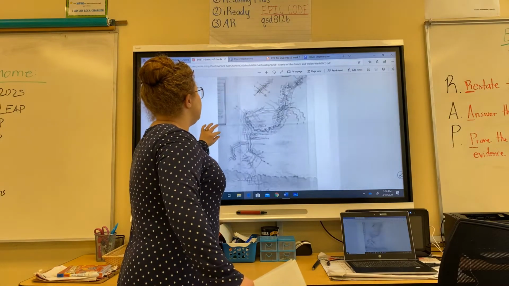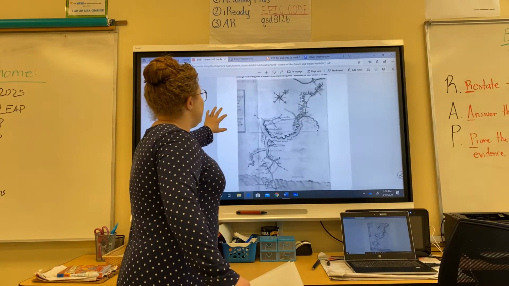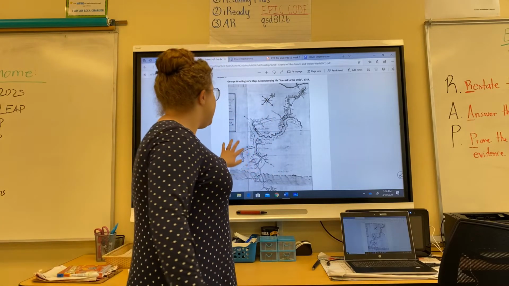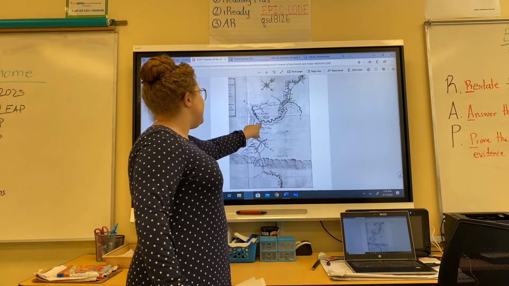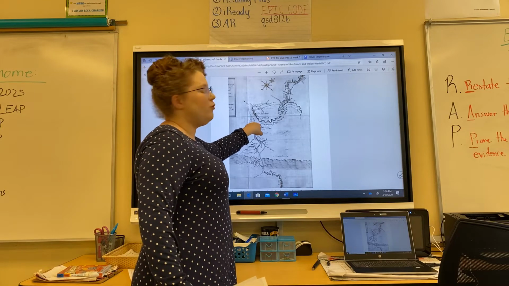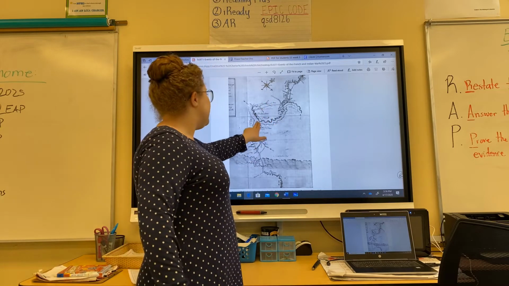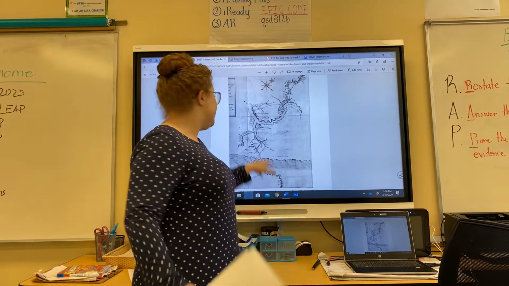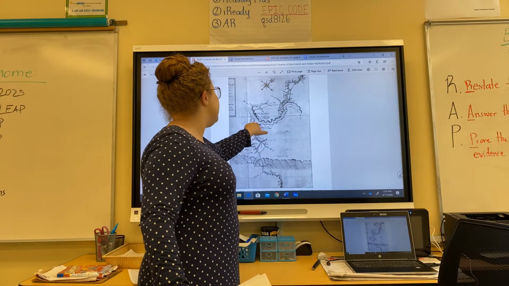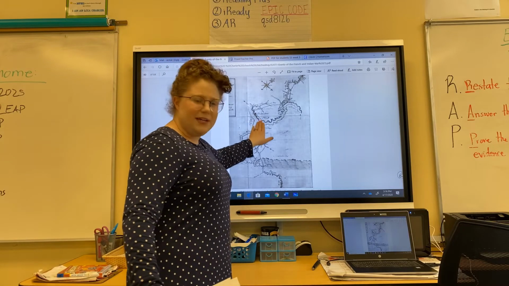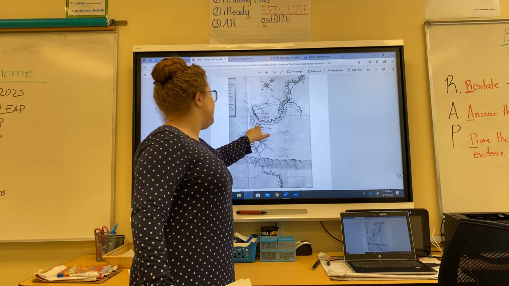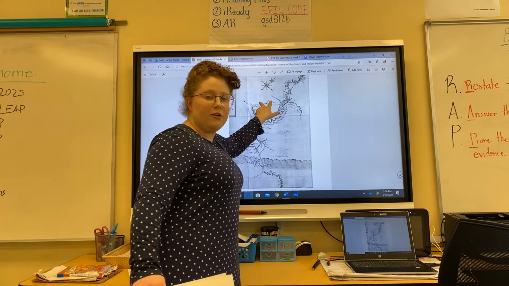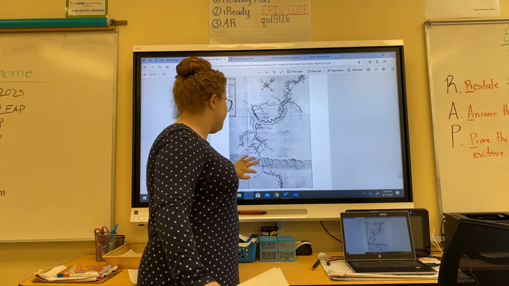Okay. So source one is actually a map, all right? It's just a map of the Ohio Valley and the rivers. And right here would be the forks that they sent that one guy to build a fort to stop the French from coming any further. Because right here would be a good location. It's like right kind of in the middle of everything. And he sent him here to build a fort. Because the French were all up here building the forts or taking over British forts.